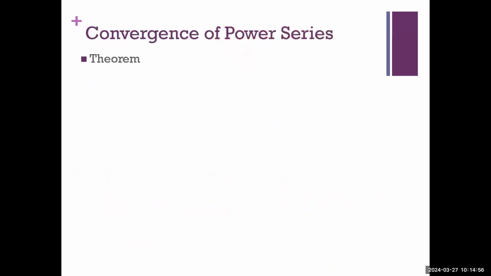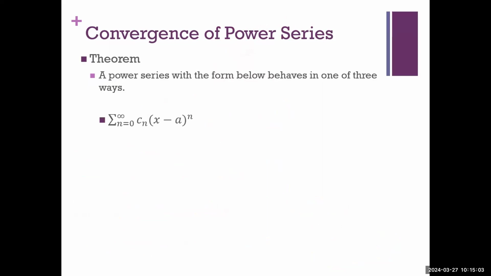So we've seen the three different ways that a power series can converge. If you have a power series, this is what they all look like, almost identical to how I showed it before, except for this minus a. Your power series doesn't have to be centered around x equals 0. I can offset it by dialing in that value of a. But a power series has to behave in one of these three ways. It converges only when x is